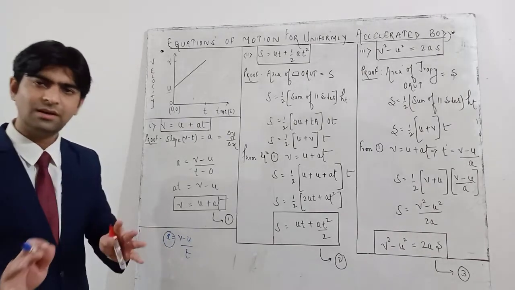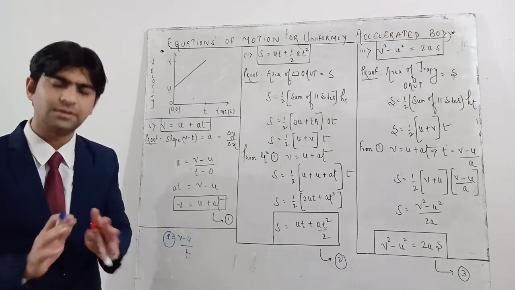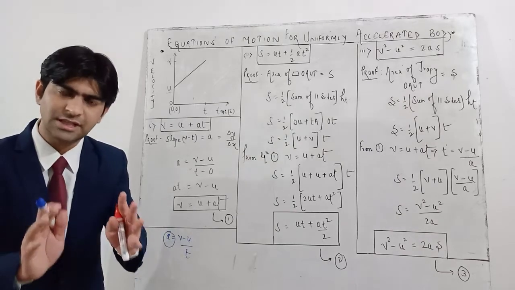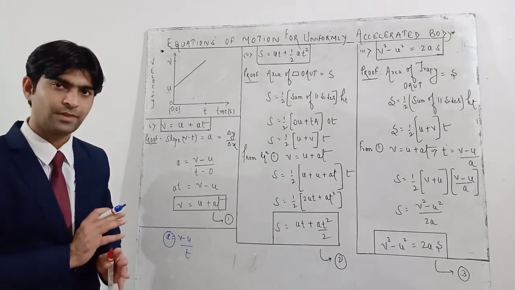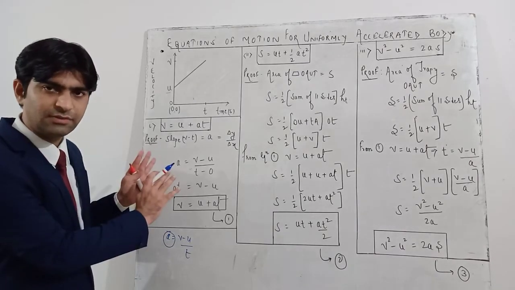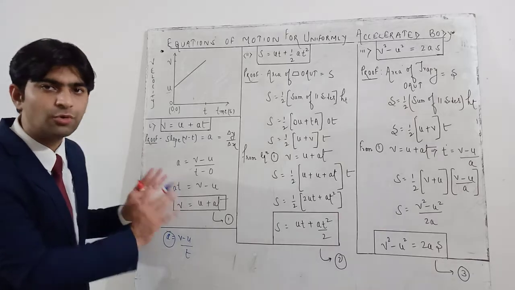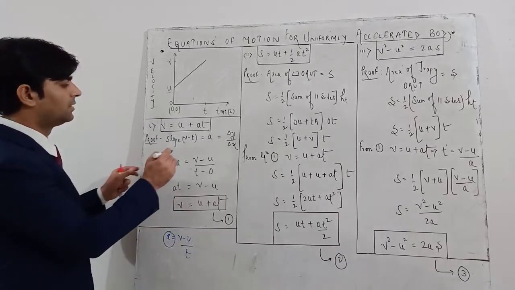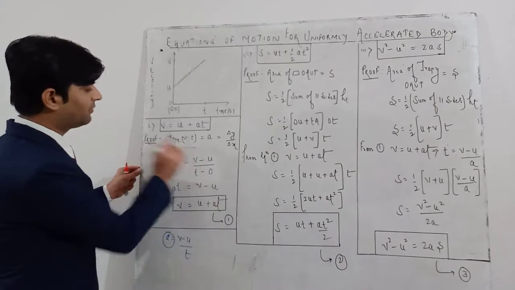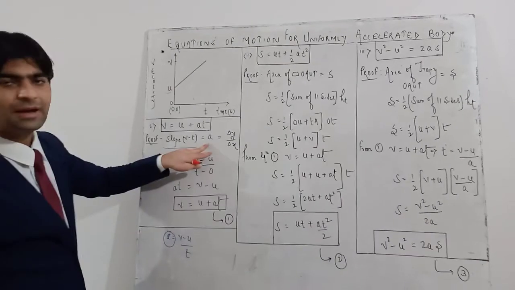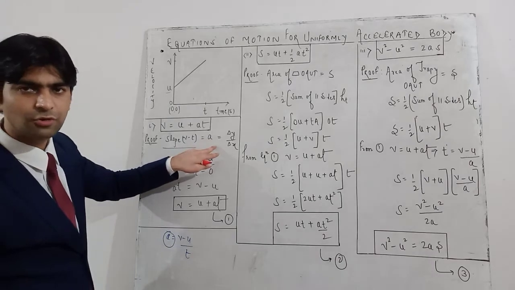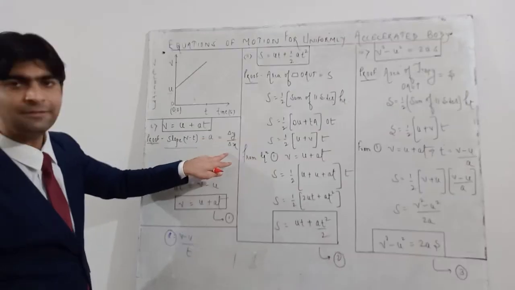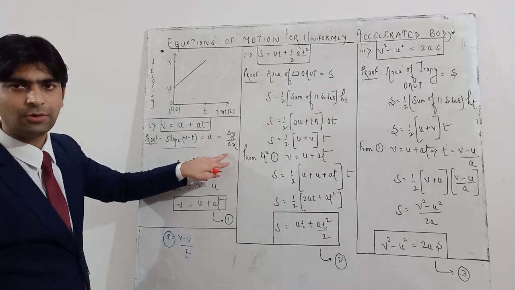Now it is a very well-known fact: from a velocity time graph, how will we get acceleration? By calculating the slope. So in this case, for the first equation, we have to find the slope of a VT graph, which will give acceleration because it is a velocity time graph. The formula for slope is change in y-axis upon change in x-axis, that is del y upon del x.